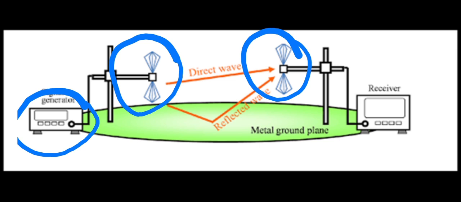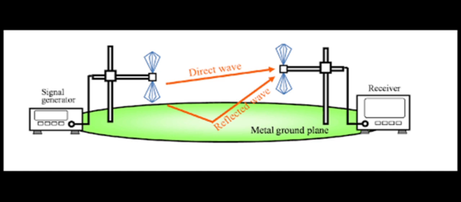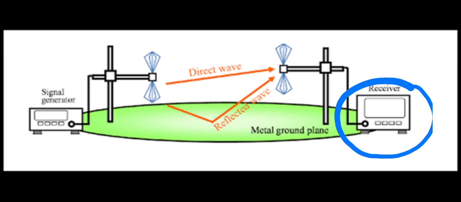We are checking if our system is correct or not in this test site, but this is exactly what happens in open area test sites. Here we have our direct wave which is going from our EUT to the receiver, and another reflected wave via our infinite metal ground plane towards our antenna or our receiver. This antenna and receiver is connected to a spectrum analyzer, which basically tells us how much EM pollution we are creating.